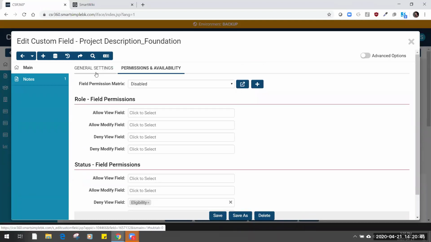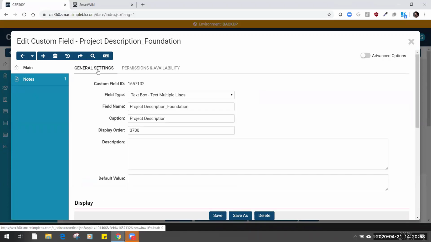So this one has been built on what we call a foundation type. So it's only for that particular type, but sometimes depending on how many application types you may have, that may change. So that's a general overview of how I would customize a particular field. So let's see how it looks. So I'll click save,